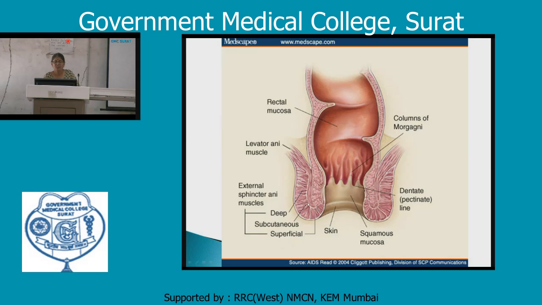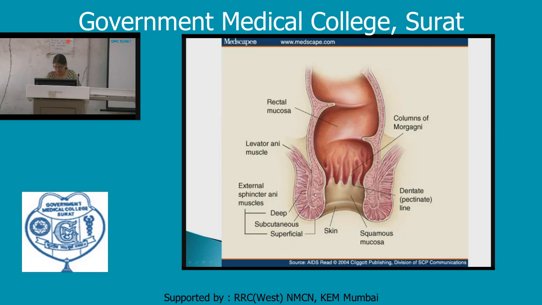And between these two there is this vertical conjoined longitudinal coat of muscle, which is formed by the fusion of the longitudinal muscle of the rectum and the levator ani. Puborectalis is part of the levator ani. Both of these join to form the conjoint longitudinal muscle coat of the anus, the anal canal.